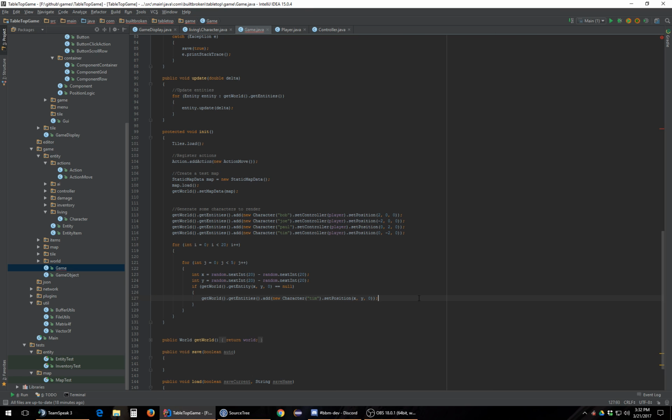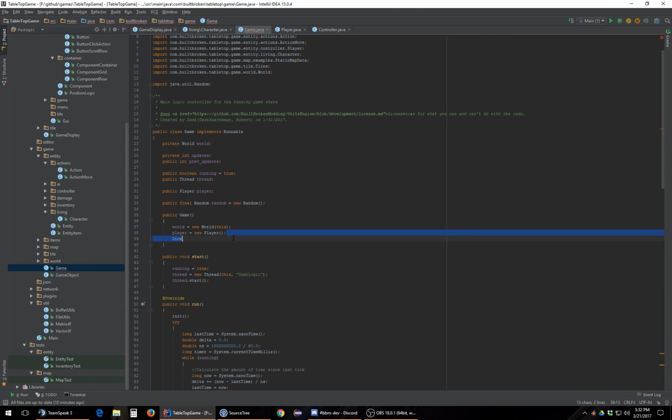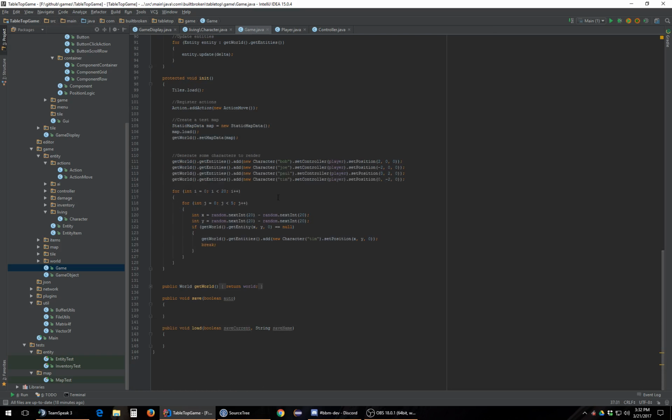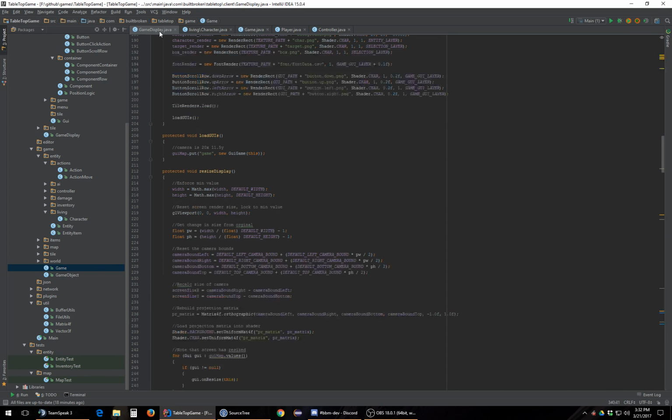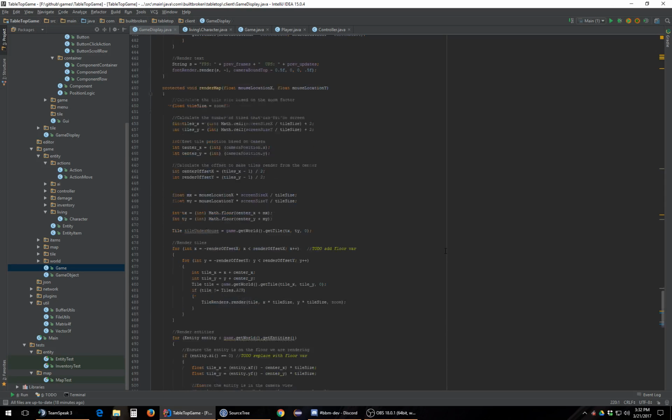And then we're going to hit break to break out of the current loop, so that way we go to the next entity, and this will have entity spawned. The reason we're doing this real quick is I'm going to visually test to see if the controller is working, and how we're going to do that is we're going to go down to our render method down here for our entities,